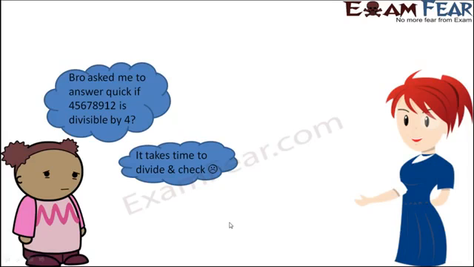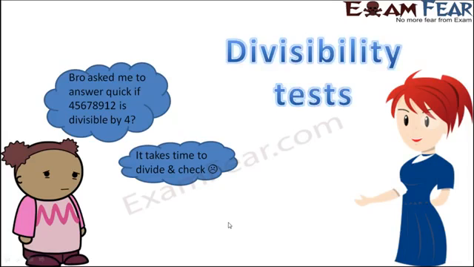And that is when we introduce the divisibility tests. Now these divisibility tests are a small set of rules for each number, and they will help you to easily find out whether a number will be divisible by 2 or 4 or 6 or 5 or 7 and so on. So it would not take a lot of time for you to do the entire division and then check. You do not need to perform the division. Without doing that, you will be able to determine whether a number is divisible by 4 or not.